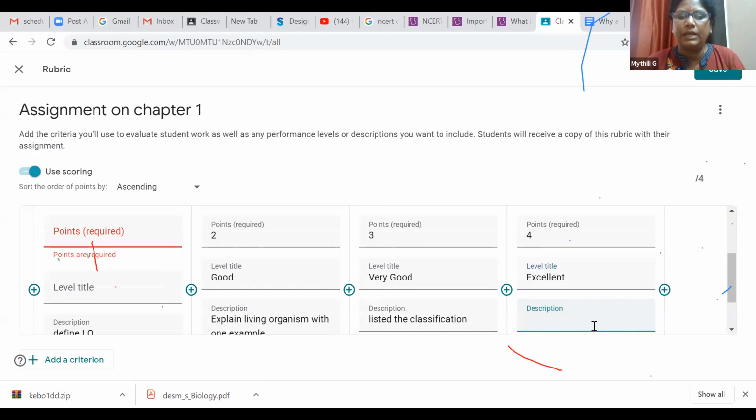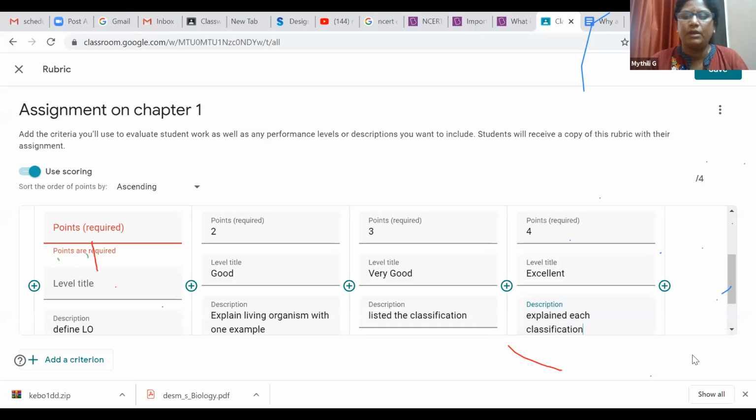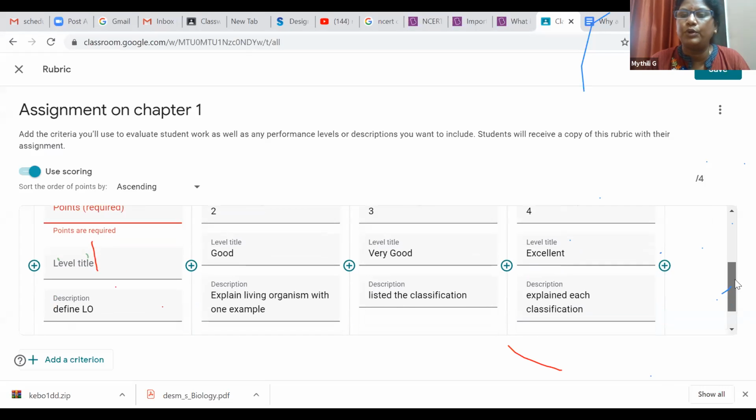Okay, so then I will say that they explained each classification. Okay, so this is the one I'm going to give.